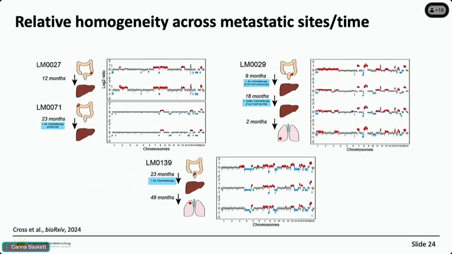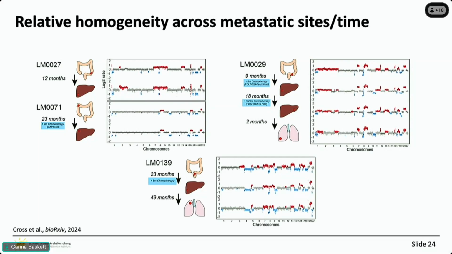And one thing that stuck out to us in a subset of patients, and what I'm showing here is what's called the copy number profile. This indicates which chromosomes are doubled and which chromosomes are lost, based on the total number of reads in that area. And we saw that in many cases, some of these profiles looked very similar over time. Even if there was therapy in the meantime, even if the site from which you took the sample changed from the colon to the liver or even to the lung. This got us scratching our heads a little bit, asking ourselves how we could explain this result.